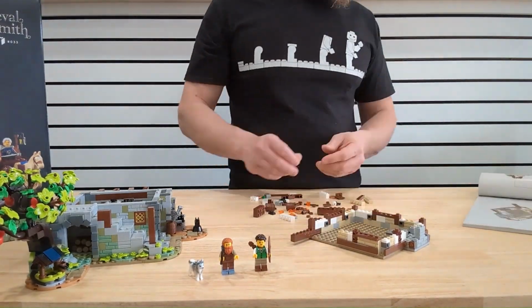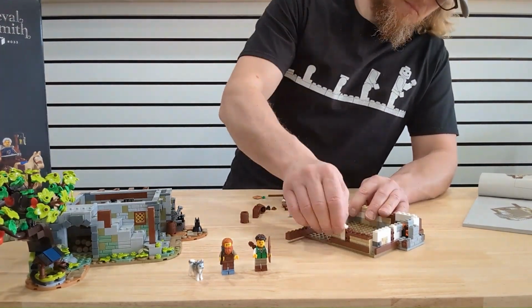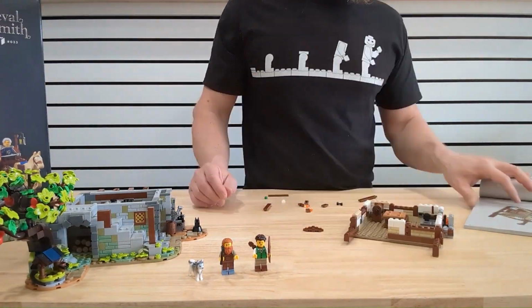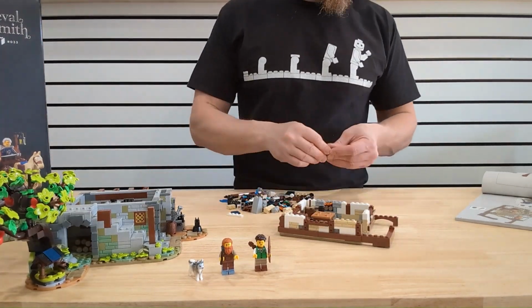Two attractively upholstered chairs are positioned around the table, which has been set for dinner with a turkey leg and greens. A staircase provides access to the second floor and attic. The awning on the side above the forge employs some clever geometry involving a large quarter-circle tile to hold it